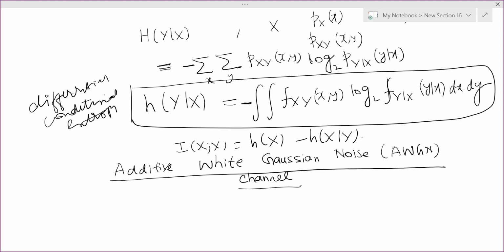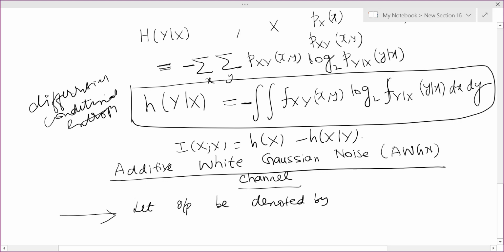So let me first see, let input be denoted by the process x of t. See, input process, it is a random process. Okay, so